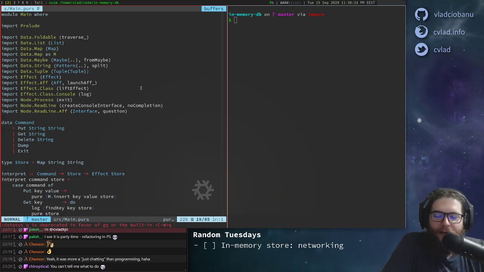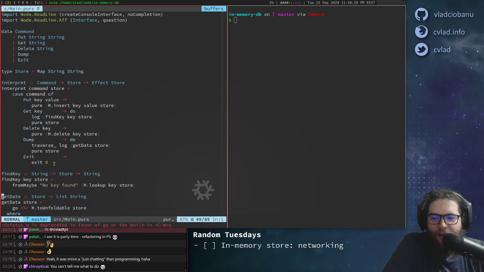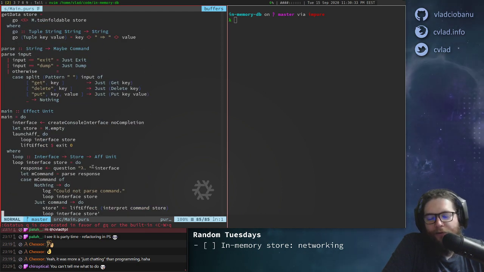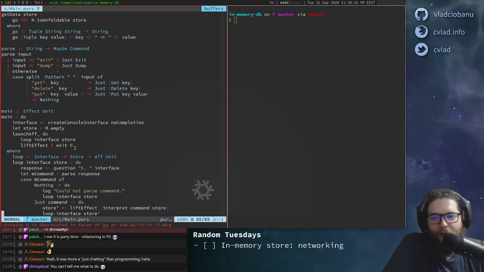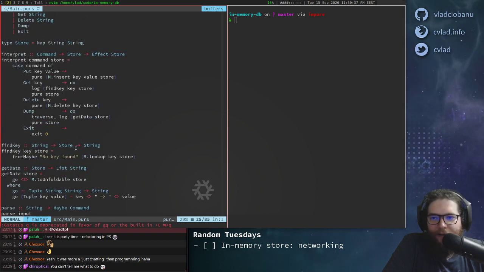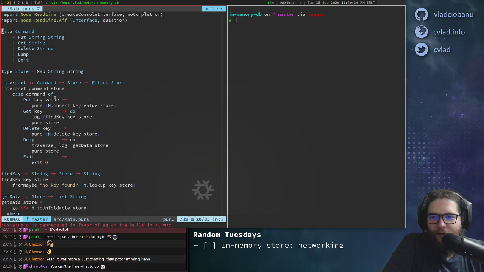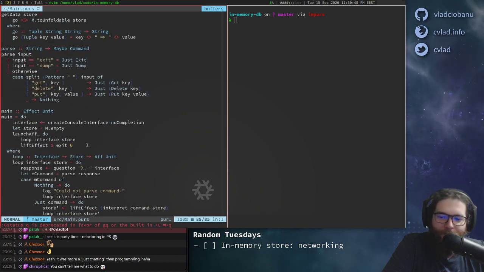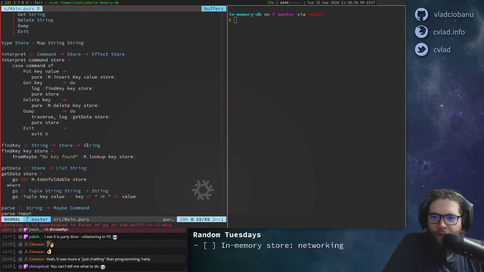So in the first episode we created a command, wrote an interpreter, a parser, and then we created a main where we can read and write from the console and execute the commands. And then in the second episode we refactored the code a bit because we started with a list and then we swapped it with a map, so we cleaned up the code quite a bit and made things a lot easier to read. But now we want to look at